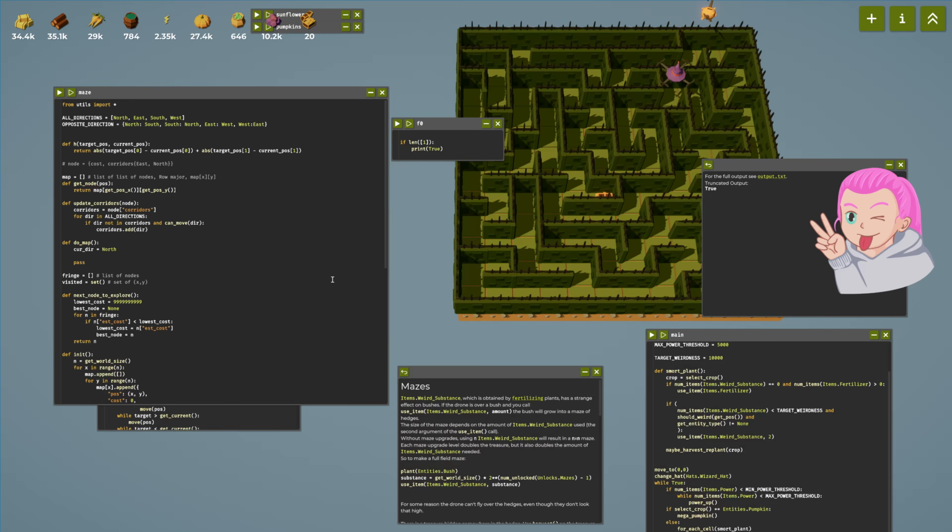Okay. So, if we're heading north, then as long as there is a wall on our left, we can keep moving north. As soon as the wall